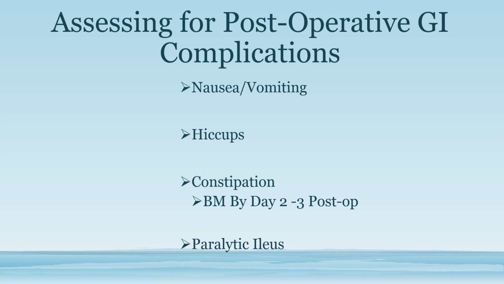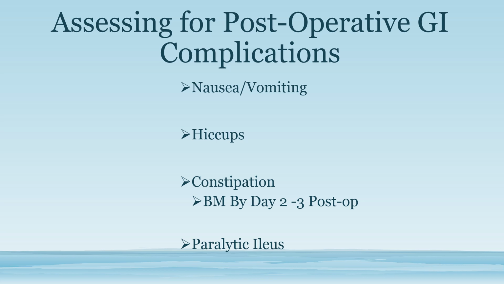Assessing for postoperative GI complications. Nausea and vomiting are most common in the PACU due to the effects of anesthesia, but the patient may experience nausea on the clinical unit from the opioid meds. We may give metoclopramide, also known as Reglan, which is a GI stimulant for gastroparesis, and/or antiemetics, and we've talked about these already: prochlorperazine, promethazine,